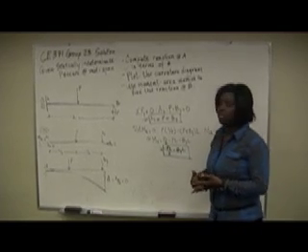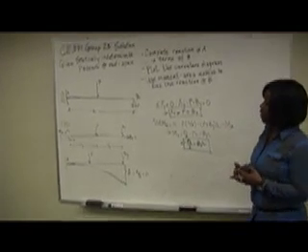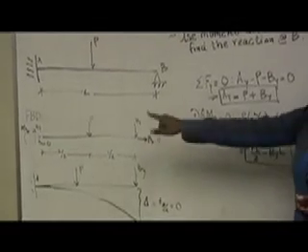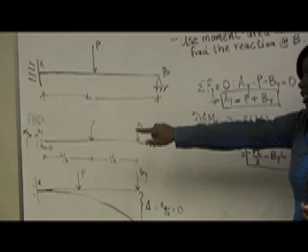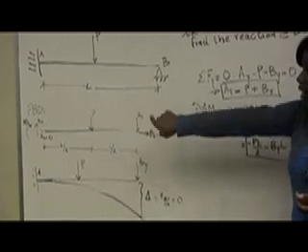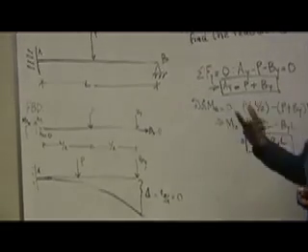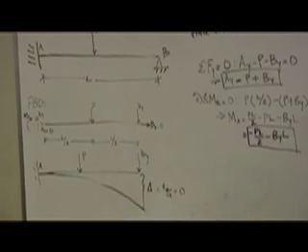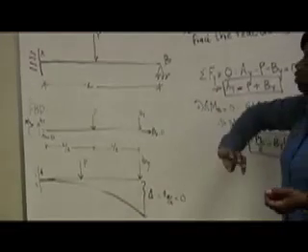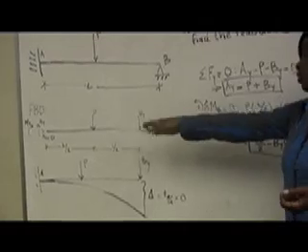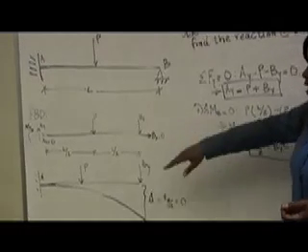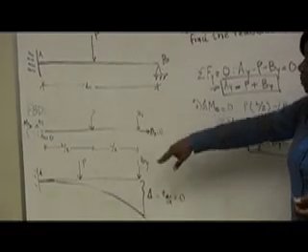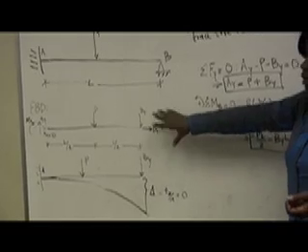So we'll start off with the free body diagram. First, we know at a fixed support we'll have a reaction in the Y, a reaction in the X, and also a moment at A, which we assume to be clockwise. Going to the right, we have a force again at P, and we have a force going downward at B. Now, we assume this to be going downward, and I'll explain in the next step why we assume it to